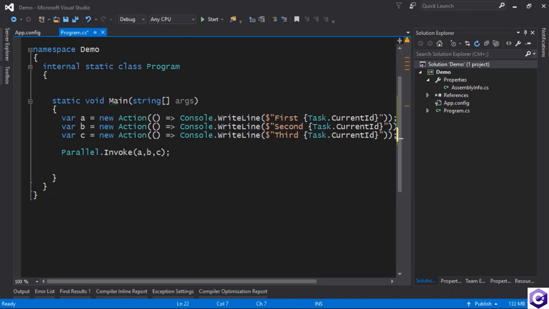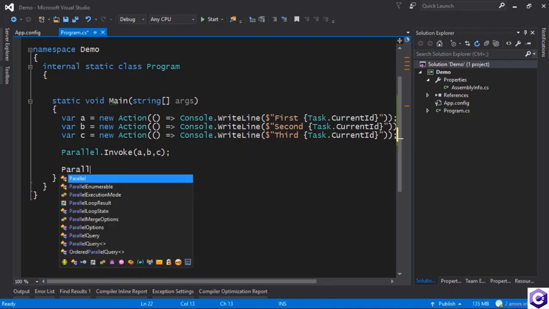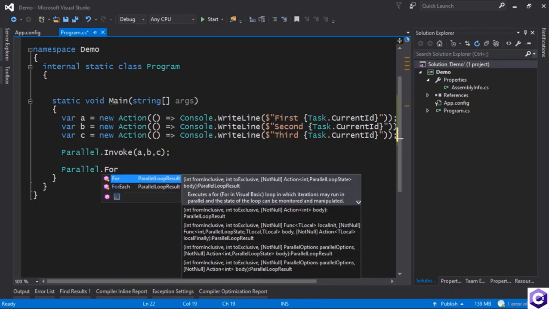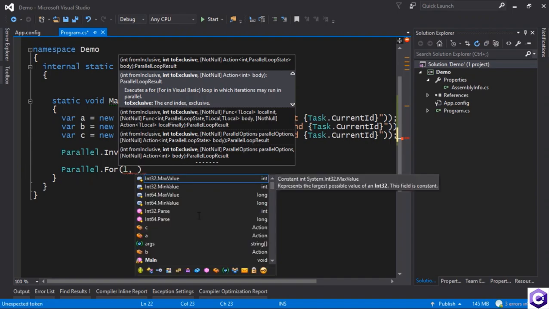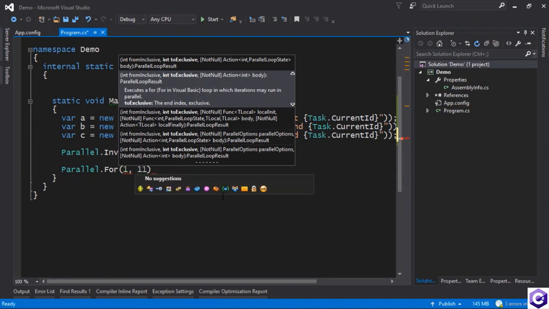So let's take a look at the Parallel For loop. So let's say I want to do something with numbers from 1 to 10 inclusive. In this case, I have to do the following. I have to say parallel.for, and first of all I specify the starting value. Notice the starting value is inclusive, so I'll put a 1 in here. Now if I want to count up to 10, I need to put an 11 in here, because the upper bound is exclusive, which means it excludes 11. It's going to have everything that's less than 11. So the final argument